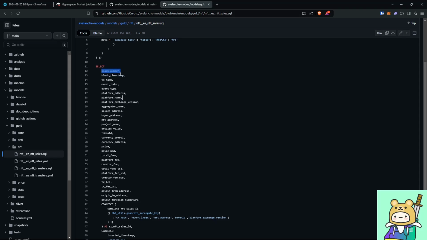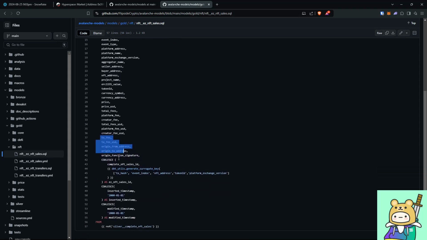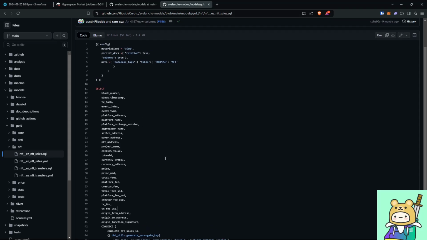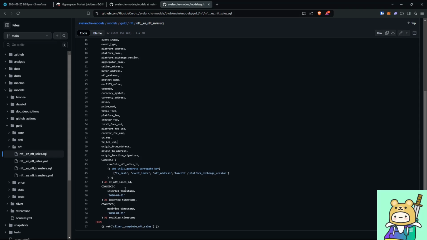Things like timestamp, block number, platform name, right? Transaction fee. This comes from the transactions table, right? And yeah, all this can be added later on. So the key here is really knowing what columns are key, and those that I've mentioned earlier are what you should be looking for. Alright, so you would notice that it says from,